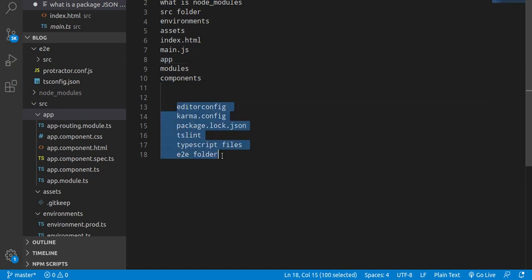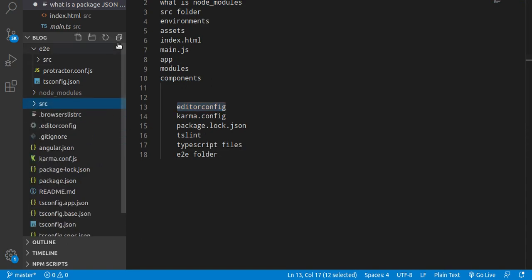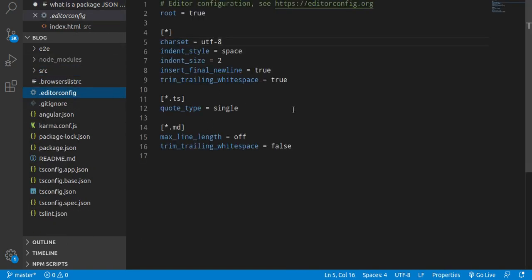And if you want to go for the advanced level, then the first file is the editor config, and you will find it just here. It will configure your IDE. Here you can see that I'm using Visual Studio. If you are using Atom or Brackets or Notepad++, then it will work for all. It will ask which character set we are using, indentation style and indentation size, what the size should be, what the quotes type should be, single quotes or double quotes, and the max line length and white space and all. You will find all kinds of configuration about the editors, right?